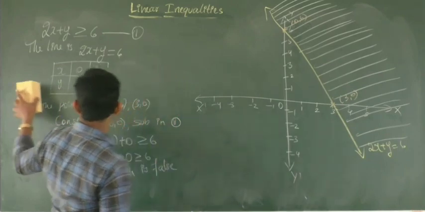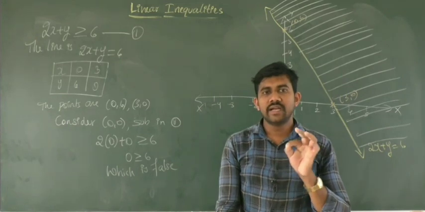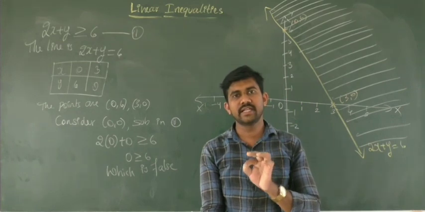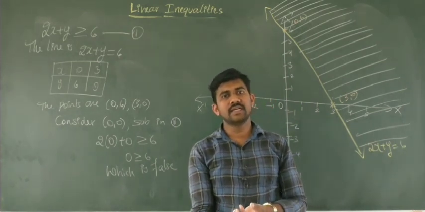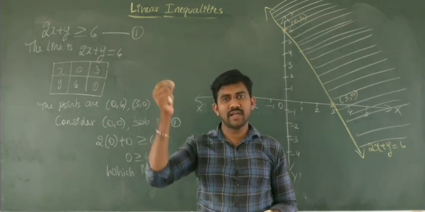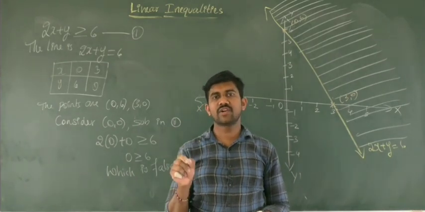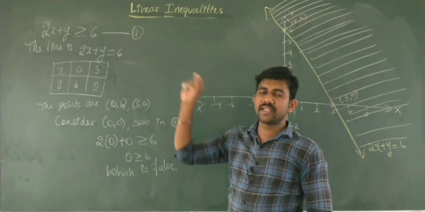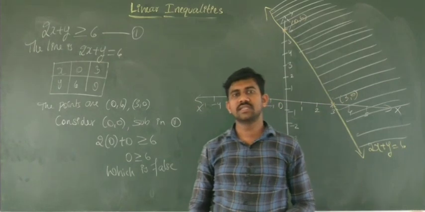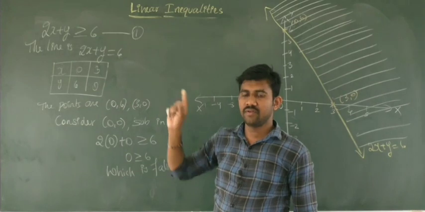Okay, now here we have seen 4 types of problems. In the first problem we saw 2x plus 3y greater than 6. There you had strict inequality. Similarly, x plus y less than 5. There also you had strict inequality. Okay, there you use a dotted line. But in 2 cases, that is 2x plus y less than or equal to 8 and 2x plus y greater than or equal to 6, you got a thick line, and you observed how to find the solution region. Now we'll go to some other cases of the same type.